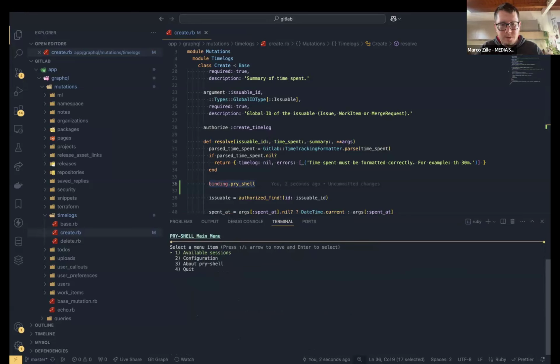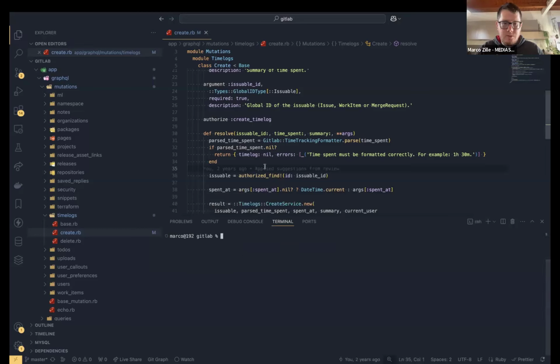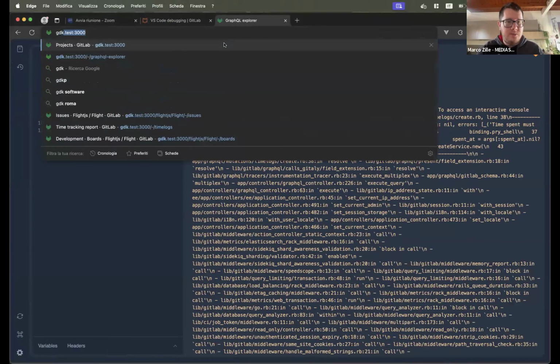So this is one way to debug the backend code. If you instead need to debug front-end code, it is actually much easier, because if we go again to